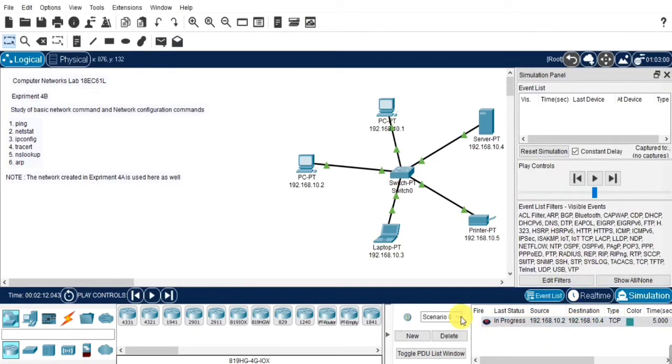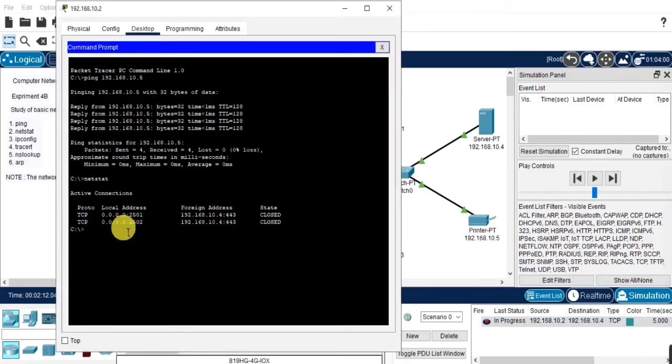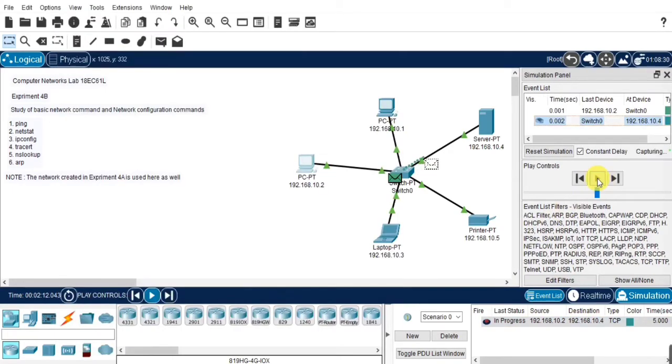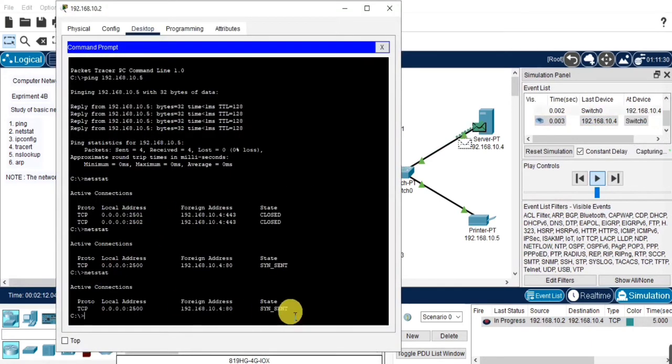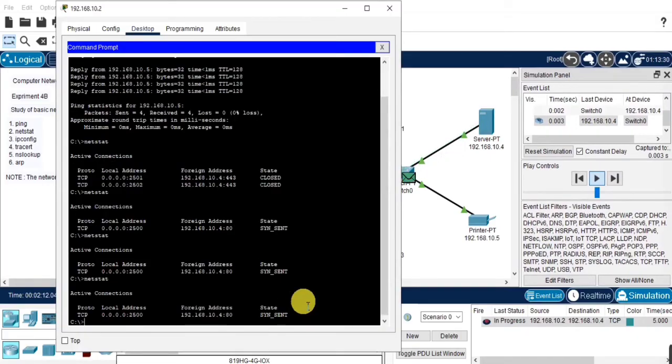Here it's taking some time. If you want to know more in detail about netstat, you can also watch my previous video. I have explained more clearly how netstat is used. When we use the netstat command, it will show the address and the state where it is located.